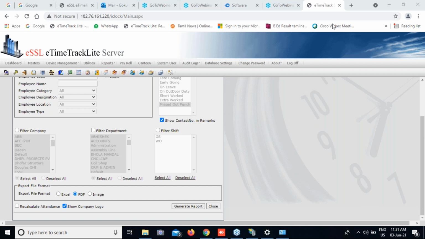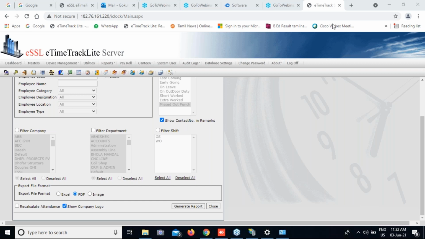Yes, sir. I have one doubt. I have mentioned in chat that at one of my customer sites, I have more than 100 machines and more than 20,000 employees. All are connected to a single server, and data is coming to the single server.